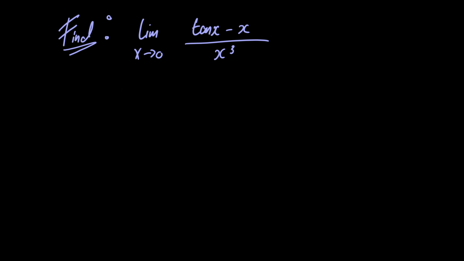Hi everyone, in this video what we're going to do is figure out what the limit is as x approaches 0 of tangent of x minus x divided by x cubed. Now, if we were to just let x tend to 0, in the numerator we would have tangent of 0 minus 0, which is just equal to 0, and in the denominator we would have 0 cubed, which is also